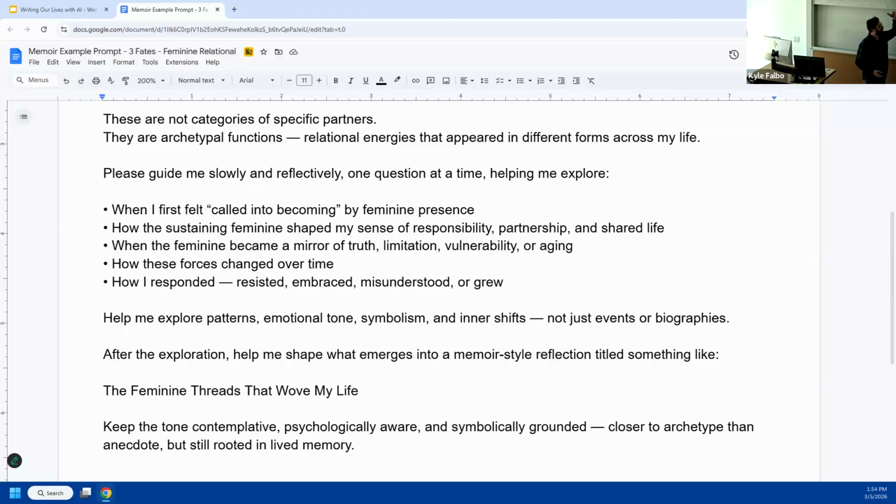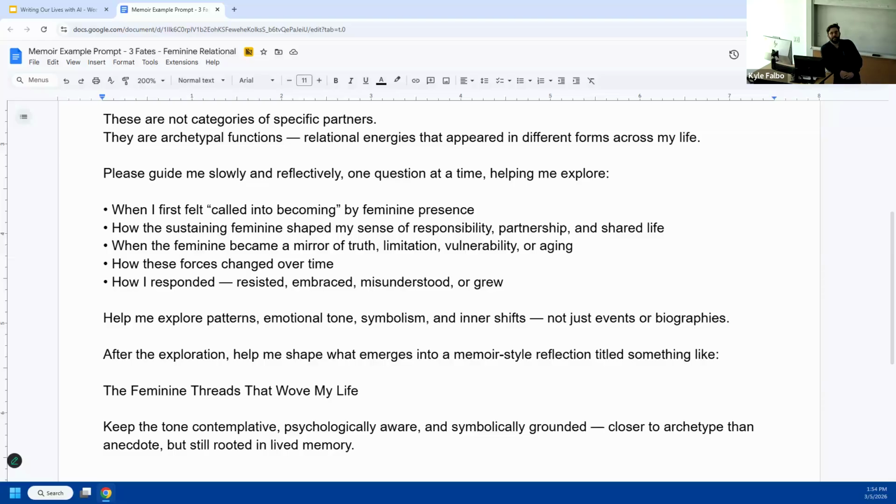Again, here are the kinds of questions to ask me to be in that framing of the 3 fates as it relates to relational interactions, particularly framed in the feminine, right? That's this very detailed structured prompting that I'm giving it to have that experience of the storytelling arc to develop. Yeah. So if you were writing, would you ask this prompt and then write for 3 weeks before you prompted it again? Is this the big chunk you're starting with?